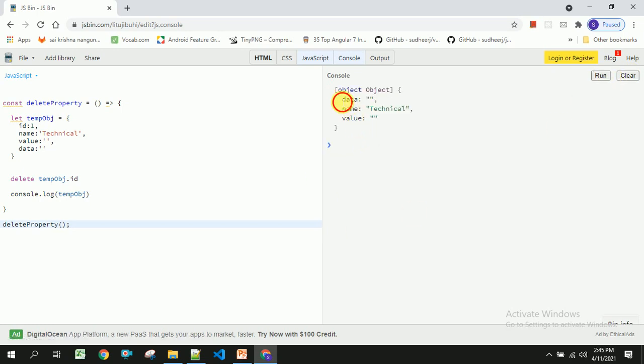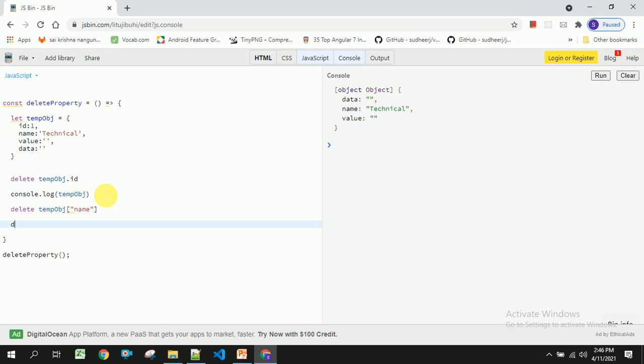You should be able to see only these three. You will not be able to see id again. There is another way as well, that is delete tempObj of id. So you can specify that in the brackets as well. I am going to remove this and place it as name.